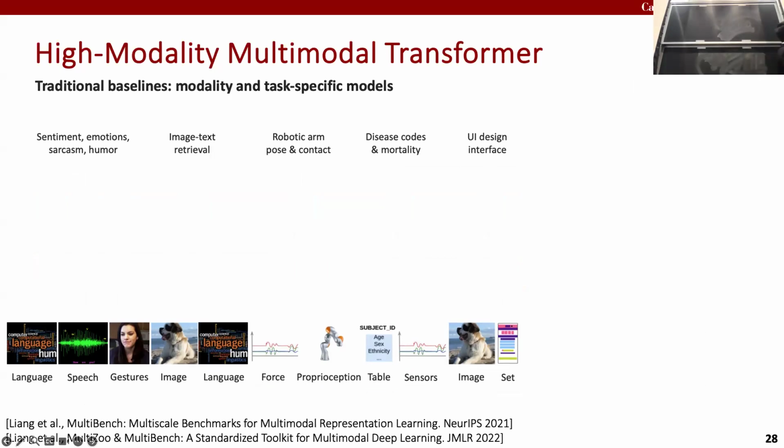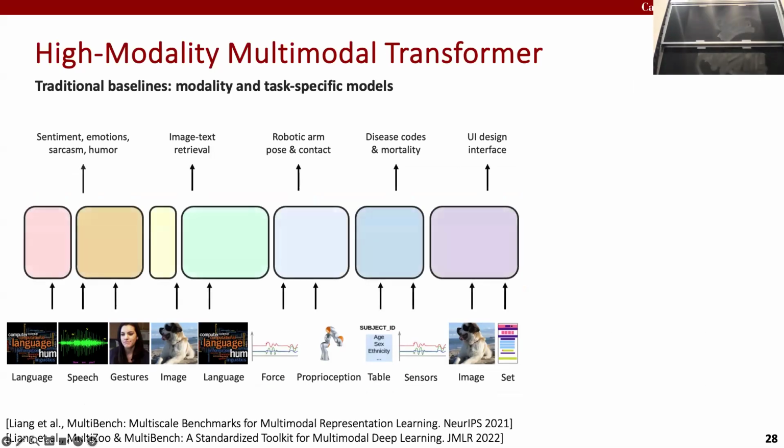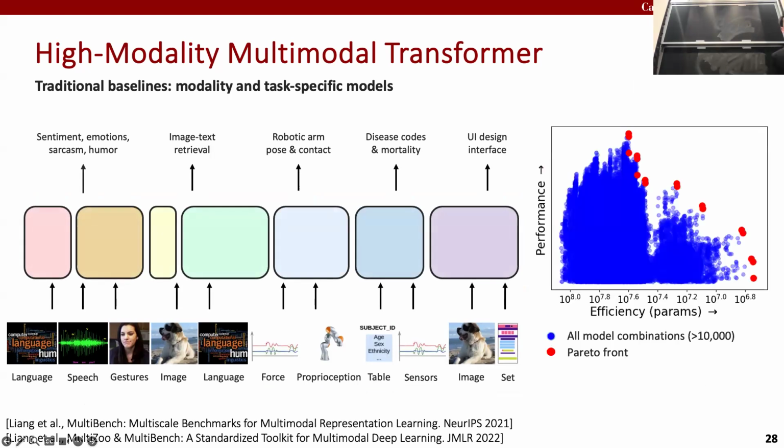So to see how these methods work, a common baseline is to just use methods that are specialized, specific to a certain input modality and specific to a particular prediction task. And over here, we're essentially showing all combinations of these specialized models, with the x-axis being efficiency, how many parameters are used, so smaller is better on the right, and y showing performance, average performance across all of these tasks, higher is better.